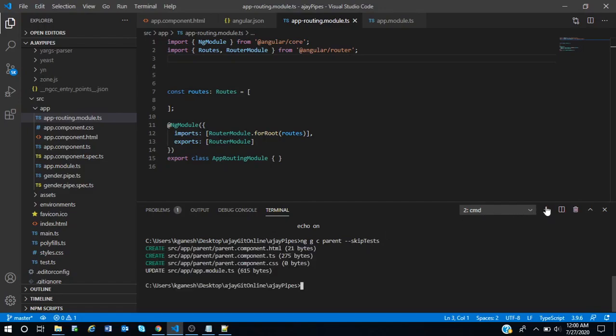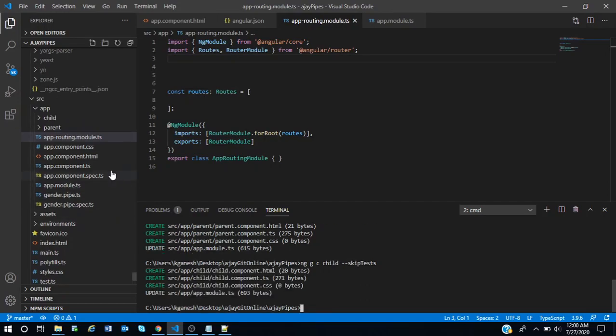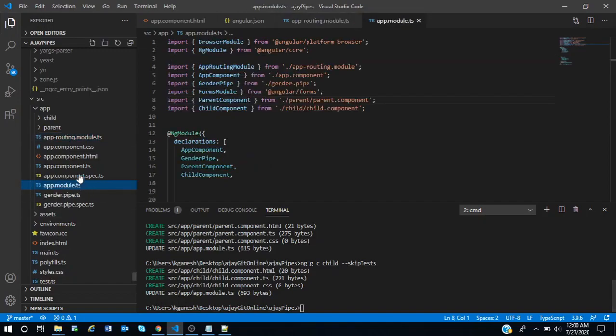Then create another component, ng g c child, skip tests. In this way, you can create multiple components using Angular CLI. As you can observe, two folders have been created for me,